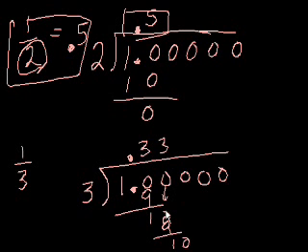Okay. Do you see a pattern here? We keep getting the same thing. As you see, it's actually 0.3333. It goes on forever. And a way to represent this, since obviously you can't write an infinite number of 3's, is you could just write